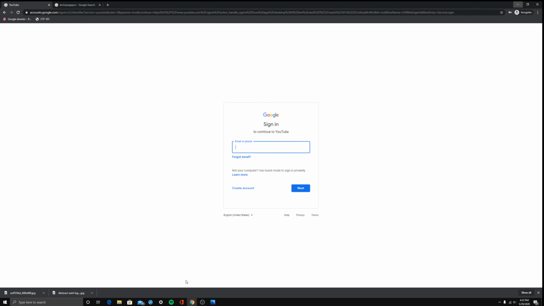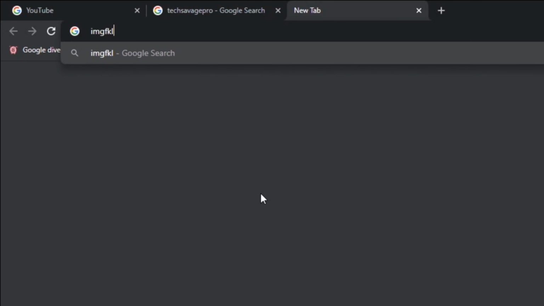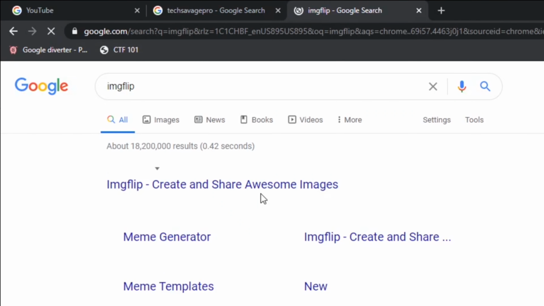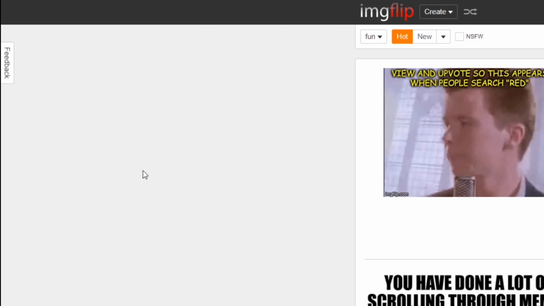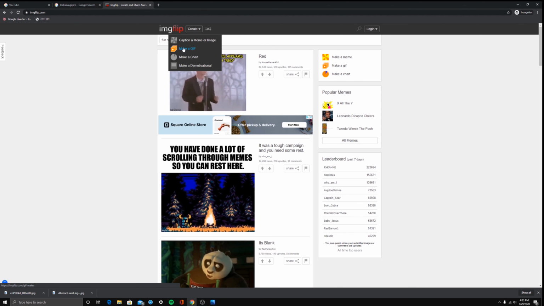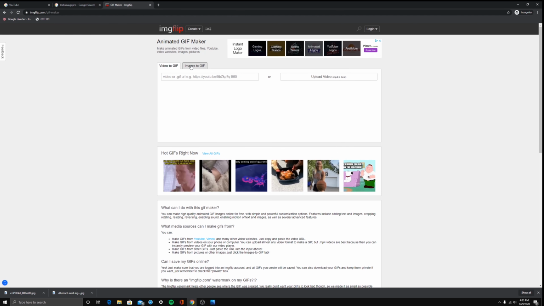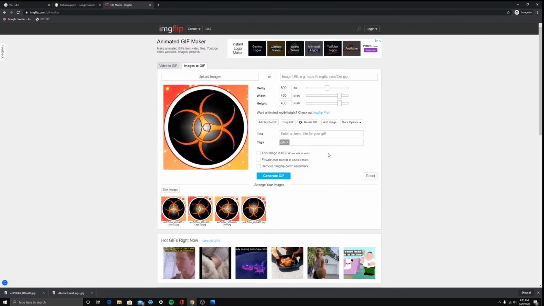So, what you want to do is look up something called image flip. And once you do that, you're just going to click the first option. Go up to the very top of the website and click make a GIF. Click the second option here, images to GIF. And then you're going to upload your images. So we're going to highlight all of these and click that. And as you can tell, nice, very cool